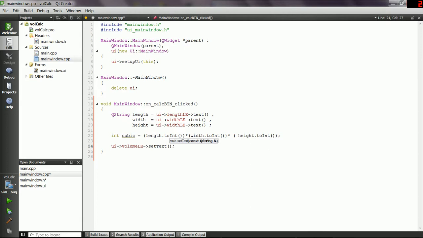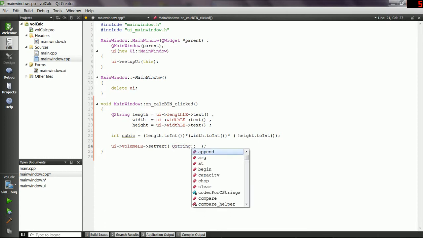But we're not about to pass it a QString object because cubic, which we want inside volumeLE, is an integer. So we'll do exactly what I was talking about. Inside here, we're going to say from QString, the